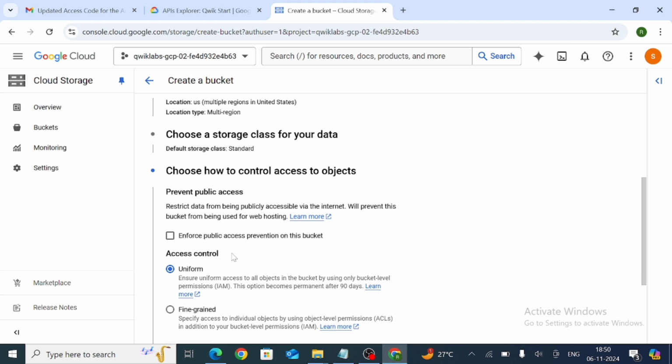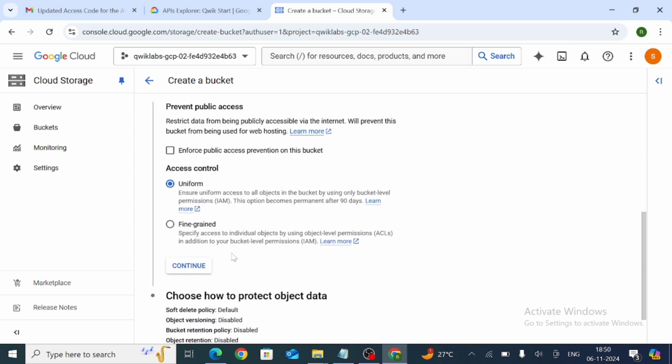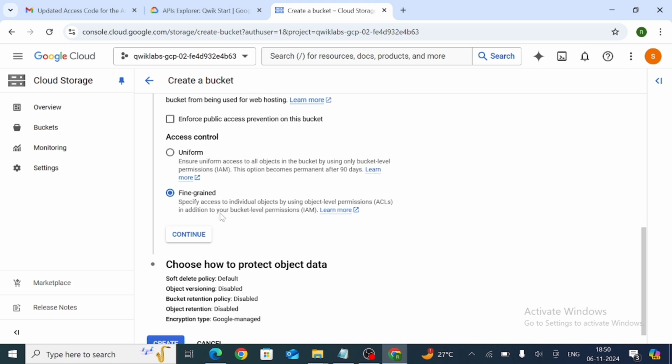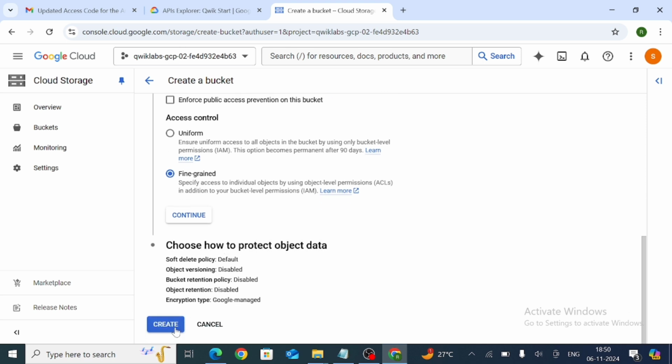Now select fine-grained access, so find this one, select this, and now simply click on create.